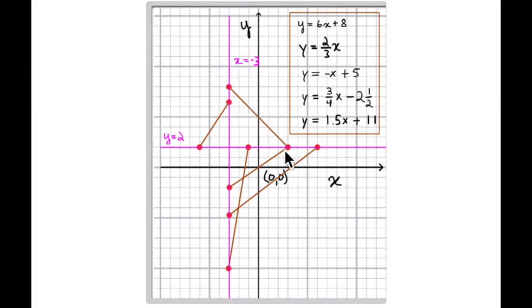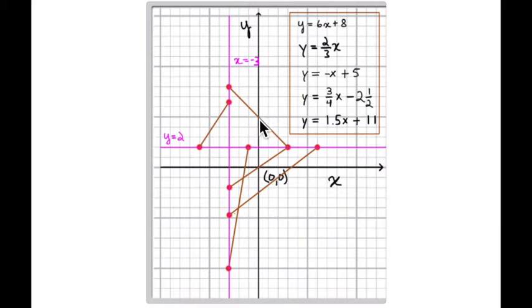Only one of these lines goes through the origin. That means only one is a proportional relationship. Of these equations, which one is a proportional relationship, which has a y-intercept of 0? That's this equation right here. So it's not too bad. This equation goes with this line right here. Now we have